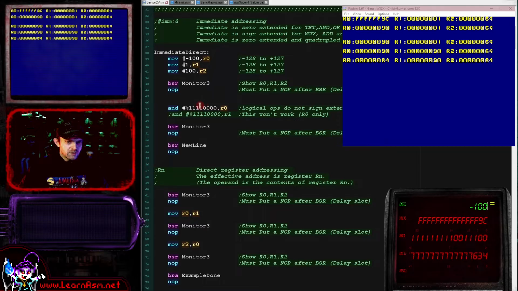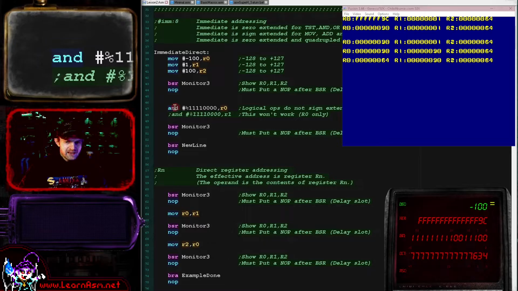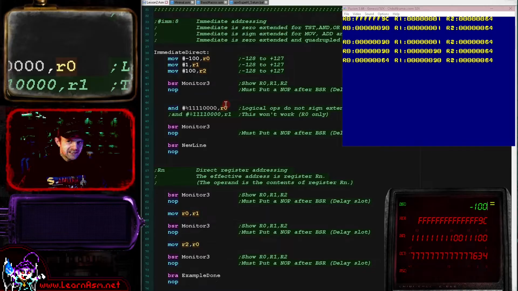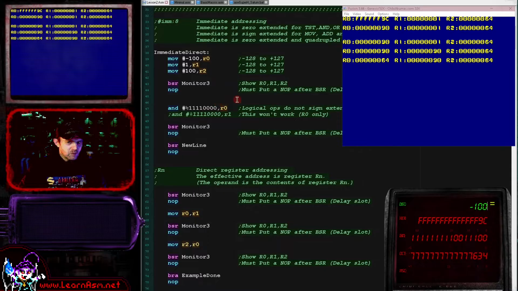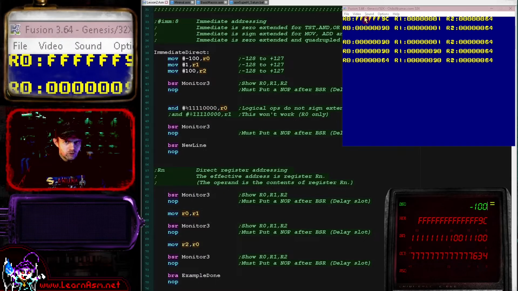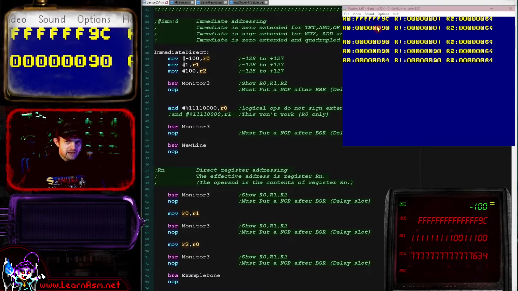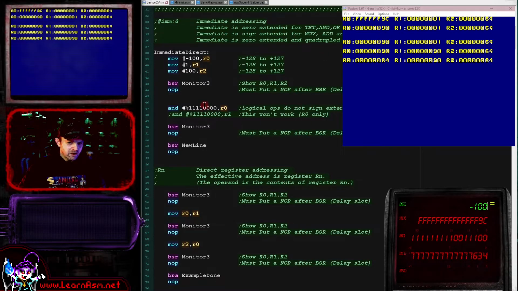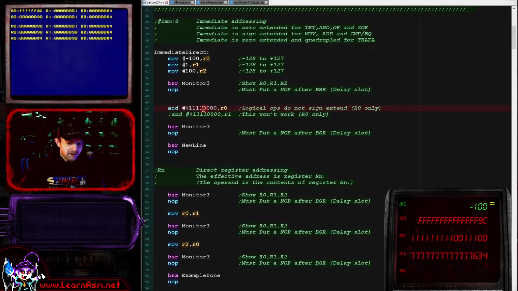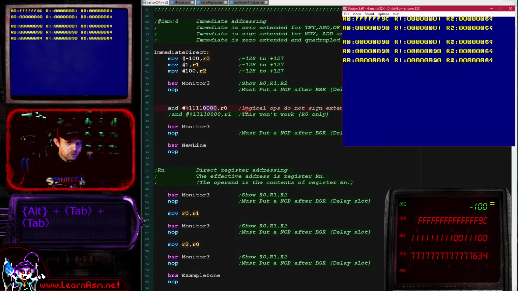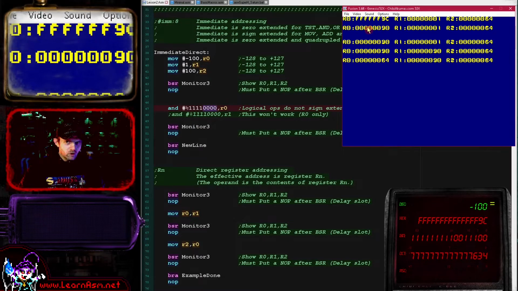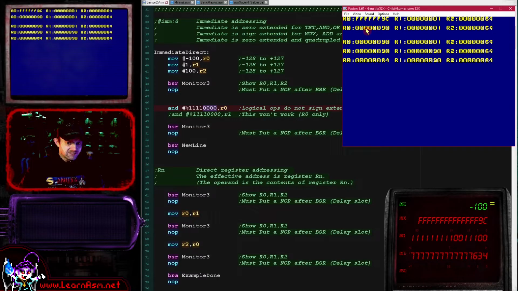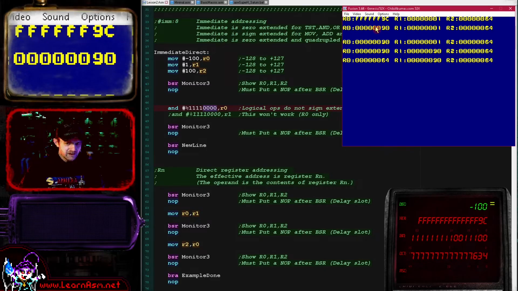So what can we do with this? Well, basically, what we're doing here is we're using an AND with the destination as R0, and we're ANDing this value with R0 and storing the result in R0. Now, when we do that, the value 9C with all those Fs becomes entirely zeros and 9-0. Now, why 9-0? Well, the top nibble was retained by these bits here, so that kept the 9. The bottom bits here lost the C, so that became a 0. And as I say, it was 0 extended, so all of the extra bits became 0. If it was sign extended, those bits would have all been retained,